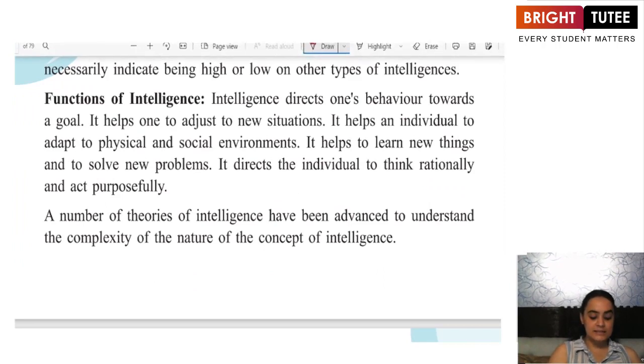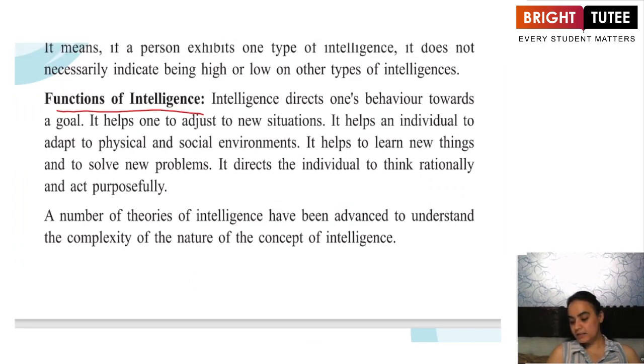The next one is the functions of intelligence. Now, what do we mean by the functions of intelligence? A person who is intelligent is always going to aim towards the achievement of his or her goals. An intelligent person would know how to adapt, how to learn in a new environment, how to get adjusted to a new situation. And such adaptation in a physical world or in a social environment is going to make sure